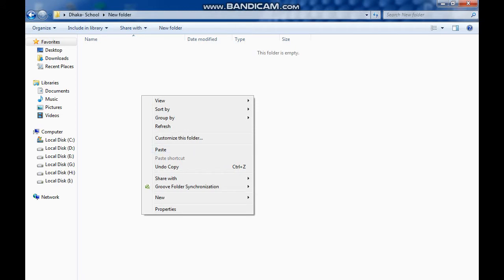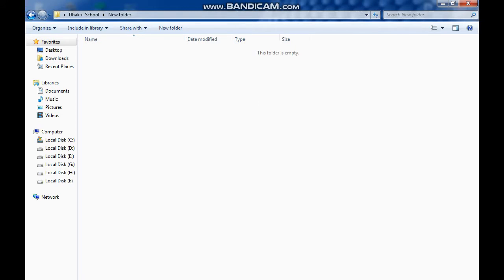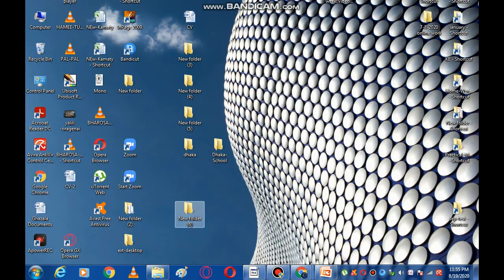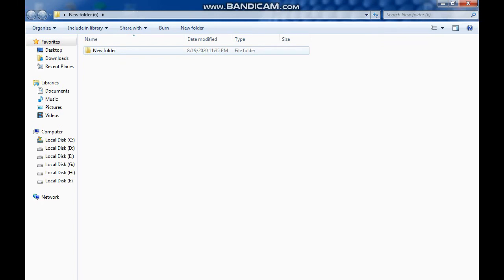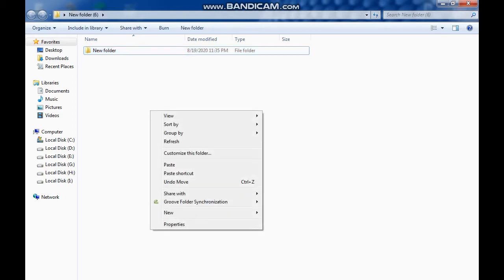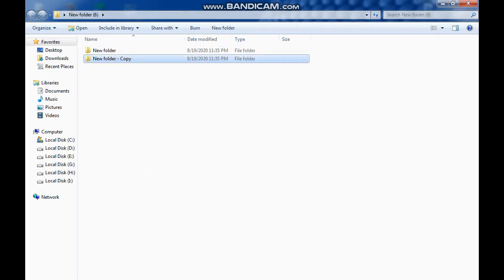Use the paste command or Control V for paste. And use the copy command. Select the file and folder, use Control C and use Control V or the paste command.